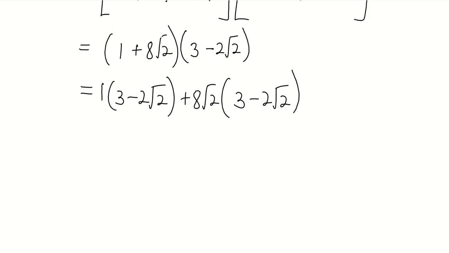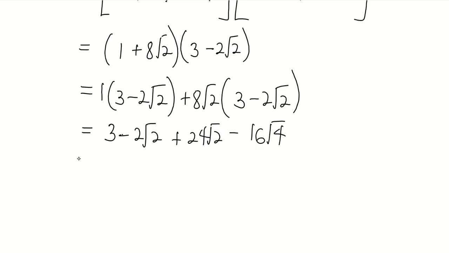Now we are expanding, and we can see that when 1 multiplies any number, we get back the number itself, so we have minus, so 3 minus 2 square root of 2 itself. And when 3 multiplies 8, or 8 multiplies 3, we get back 24, so we have 24, and then there is square root of 2, so we bring it, and then minus. That is positive and negative multiplying, so we get negative, so 8 times 2, we get 16, and then square root of 2 multiplying square root of 2 gives square